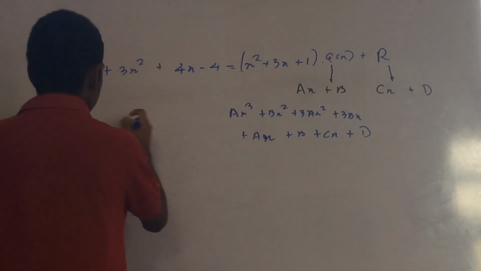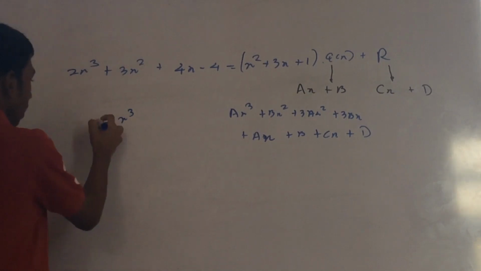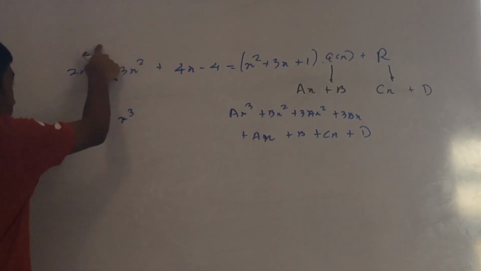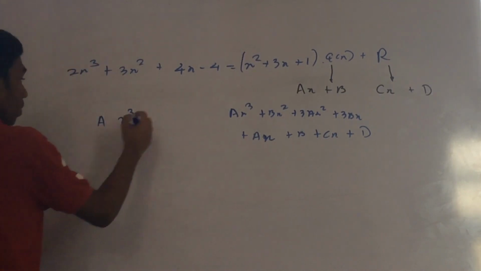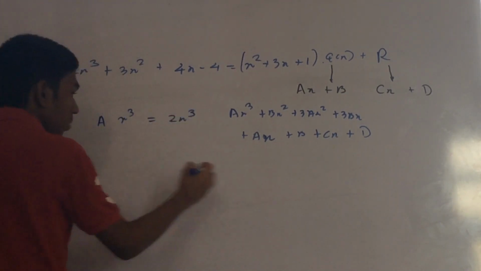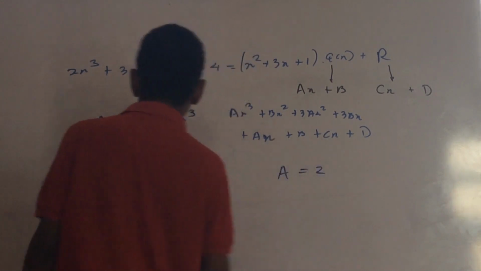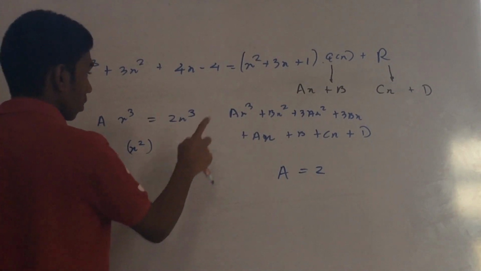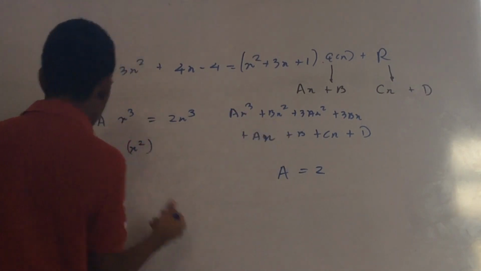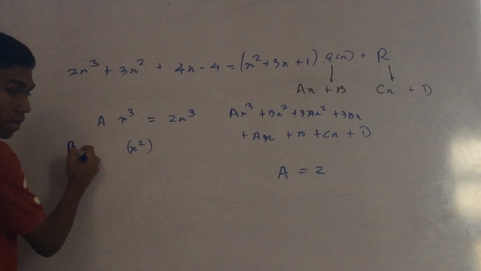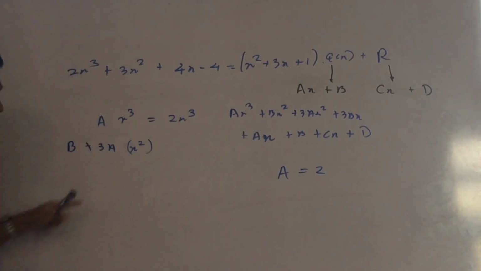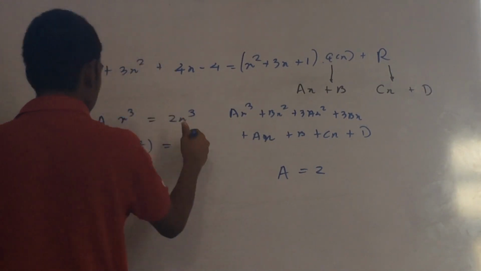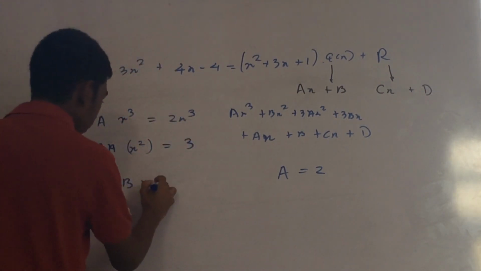First we should take x cubed. Here the coefficient is 8, and here the power is 3 and the coefficient is 2. So a will be equal to 2. And when you take x squared, here we have b and 3a. b plus 3a is equal to the x squared coefficient. So here also x squared we had 3. So b plus 3a is equal to